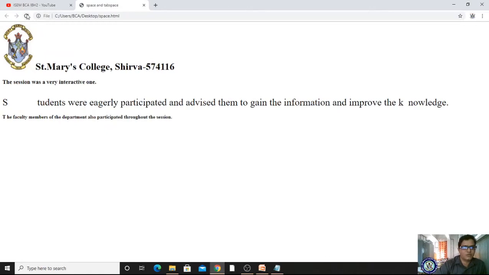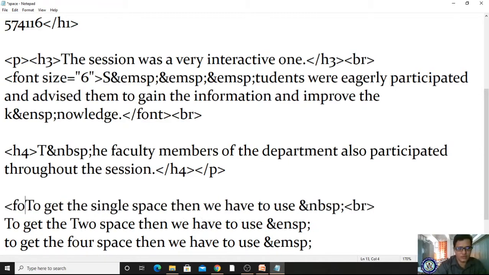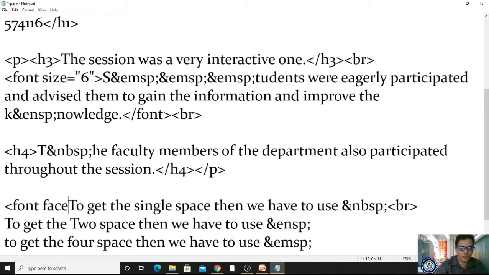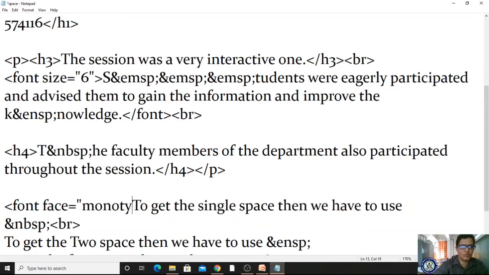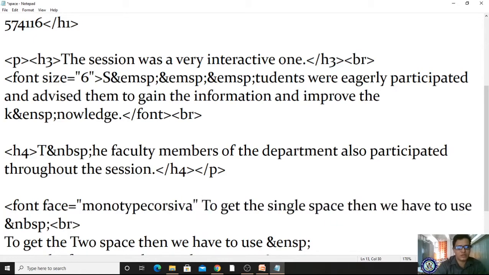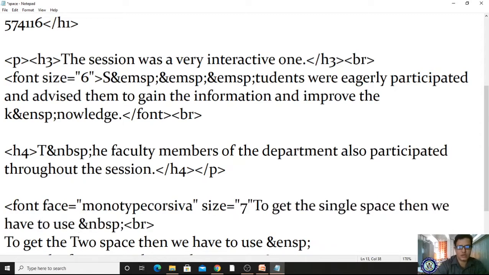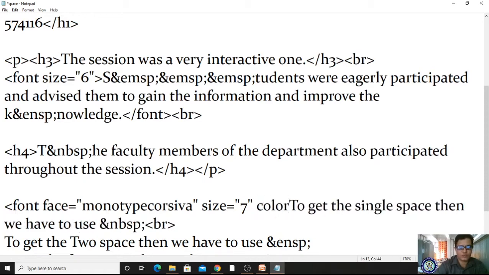Clear? Yes. I'm refreshing. So I want to get a one break space here. Then what do I have to do? I have to give break. If I want to increase the font with a different style, then font face, I'm using Monotype Corsiva, and size is equal to 7, and I'm giving the color attribute of the font is equal to blue.